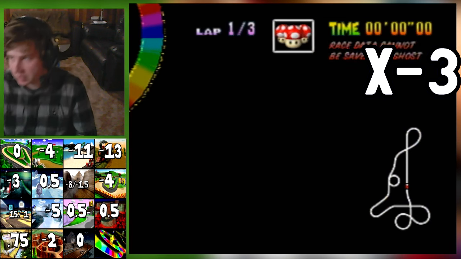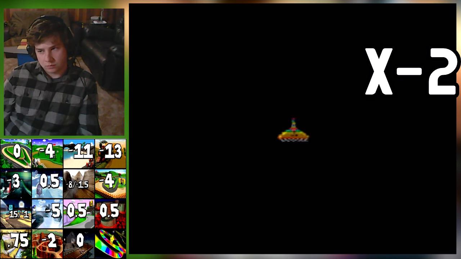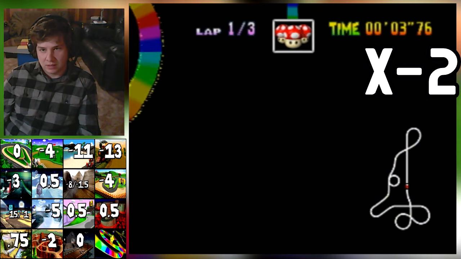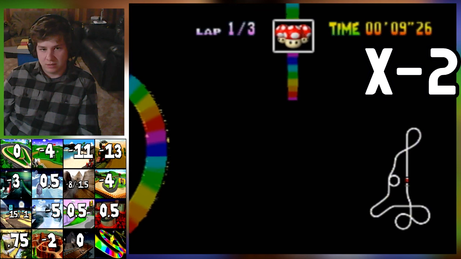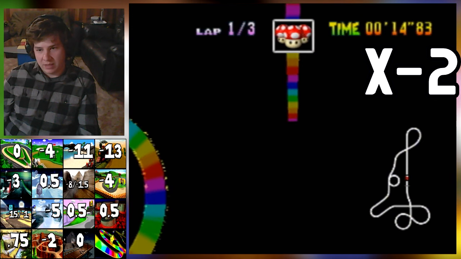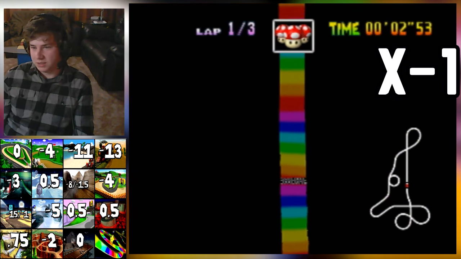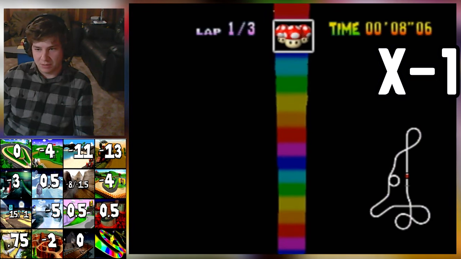That is Rainbow Road at -3, and that soft locked it. So let's try -2. Okay, perfect. -2 actually works. So we got a very weird camera angle here. And we can't go up the initial part, so let's try -1. Alright, so yeah, -1 also has this weird camera, but yeah, we can definitely...